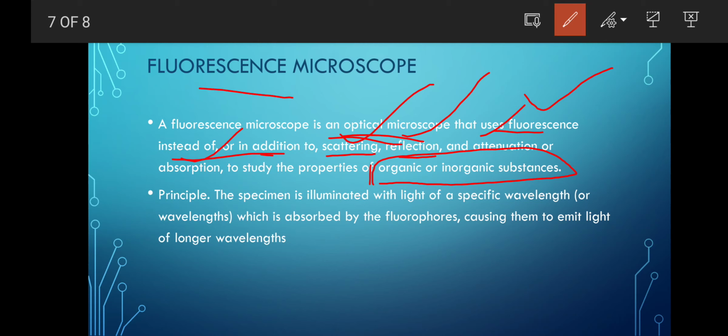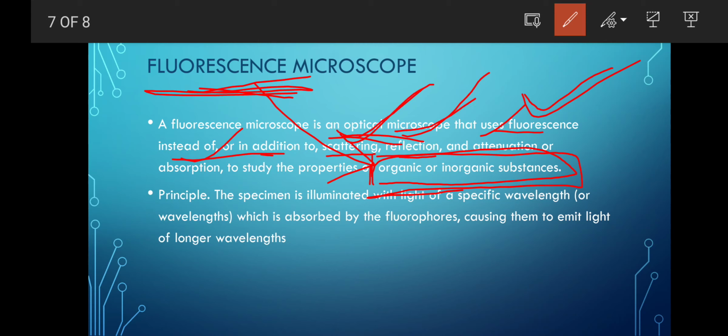It is used when our specimen is organic or inorganic in nature. So what properties does it use? The fluorescence effect, and also scattering, reflection, attenuation and absorption.